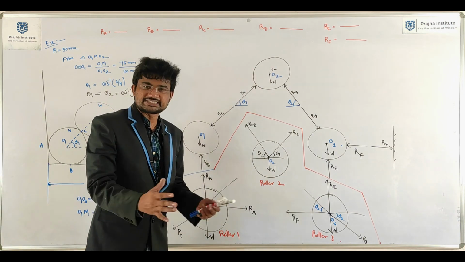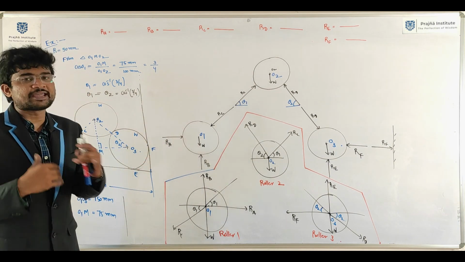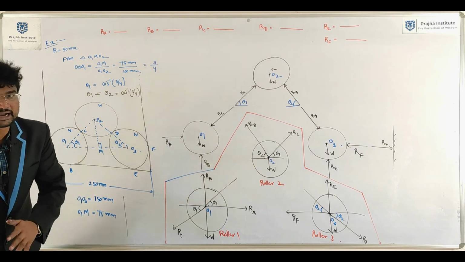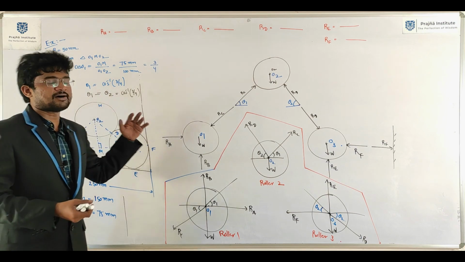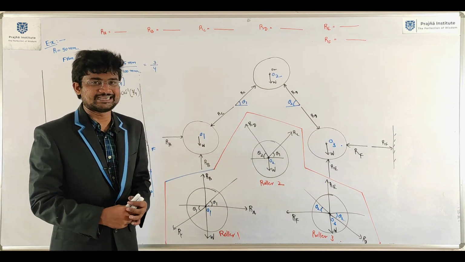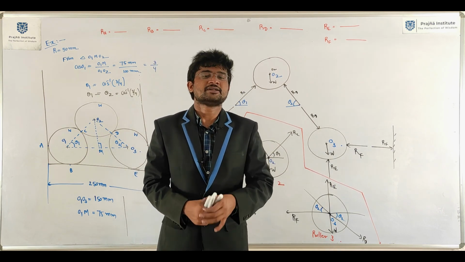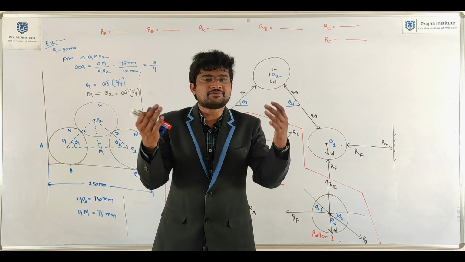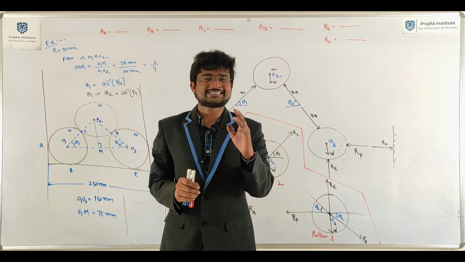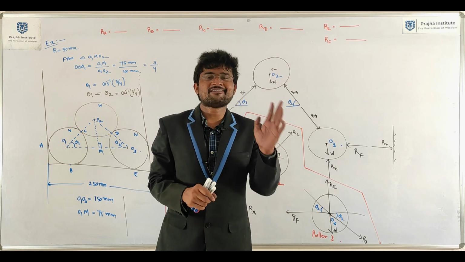Just apply equilibrium equations, then finally we will get all the values. So first focus on drawing the free body diagram for the system of rollers. If you have any doubt regarding it, you can drop me a mail. So we started from the definition of free body diagram. After that, we introduced some forces and have given the table. By using the table, we are in a position to draw the free body diagram for system of rollers, system of blocks and pulleys.